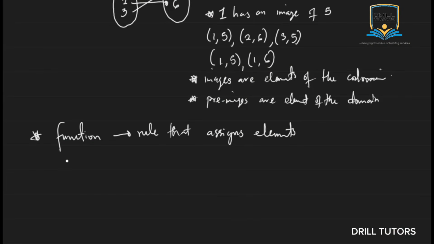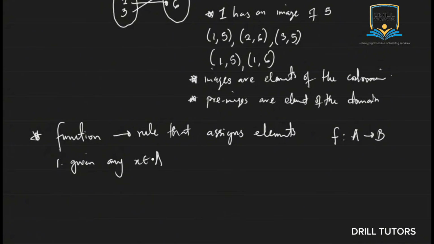The first rule, so I'm saying you have a function that maps A to B like this. Now, I said a function is a rule that assigns elements from this particular set to this particular set. Now, the rule, the first one, we have just two of them. The first rule is that given